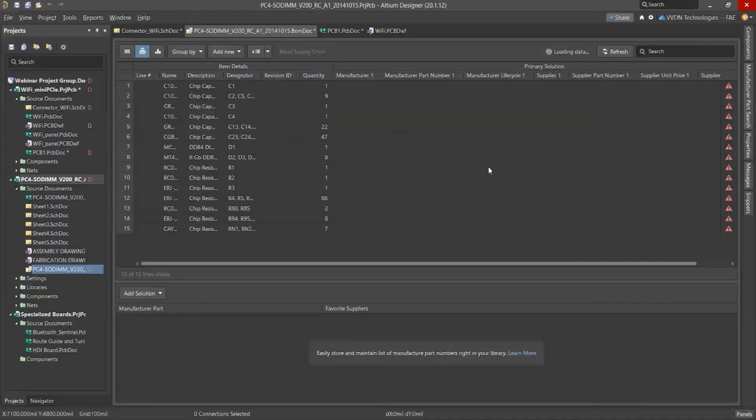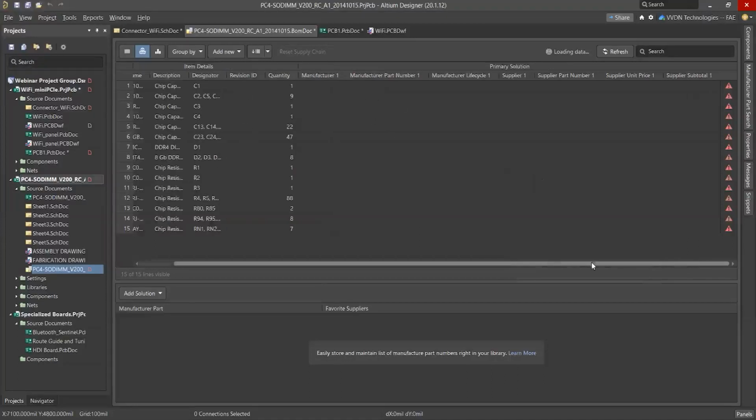Within this single window we can see the component name, description, designator, quantity, and manufacturer information: manufacturer name, manufacturer part number, life cycle, supplier name, supplier part number, supplier unit price, everything we can get.